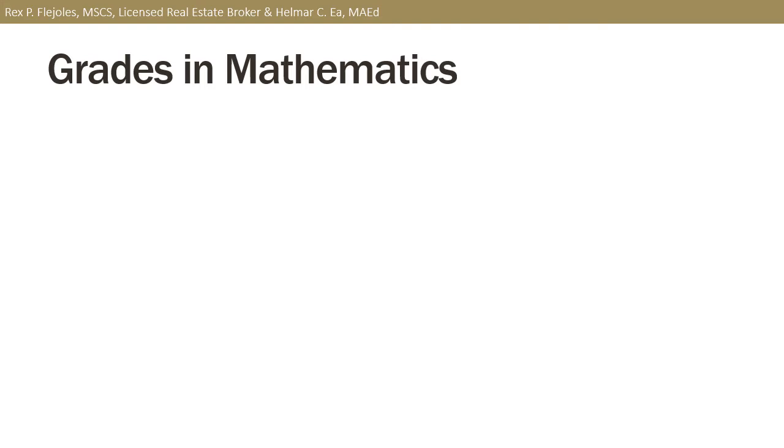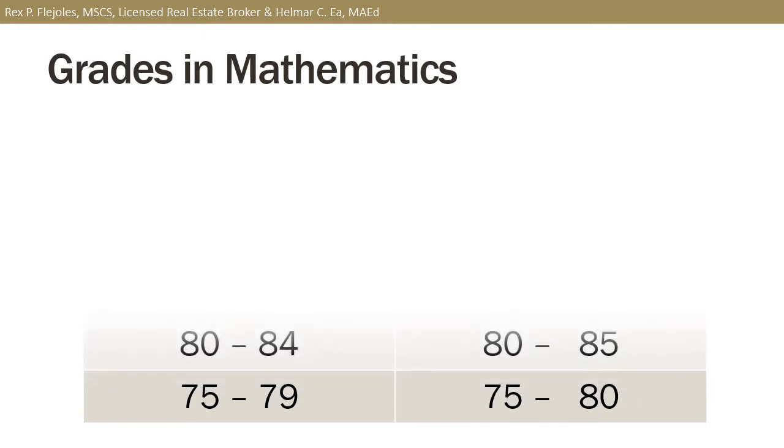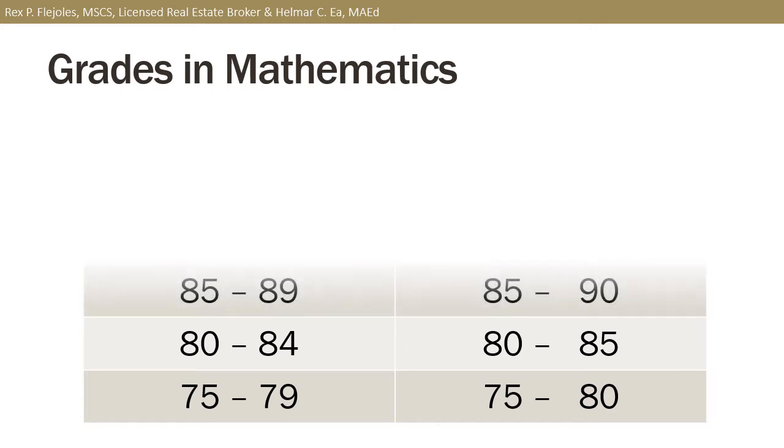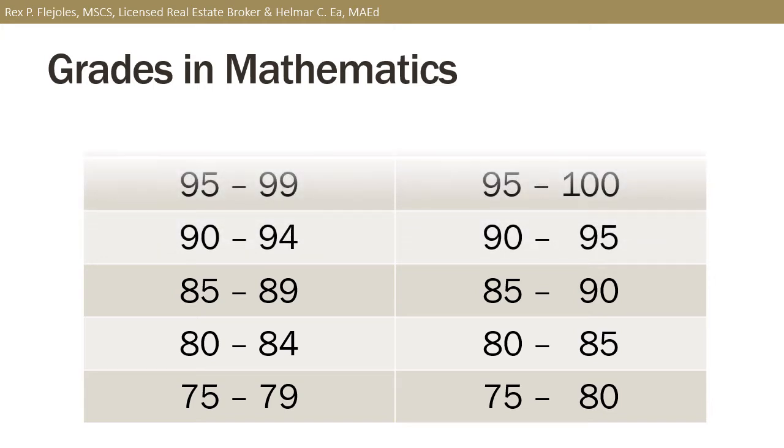Step 3. Set the individual class limits. Since our lowest value is 75 and seems to be a convenient number, then we will start with it. If the lowest value seems inconvenient, we could start with a lower value which is more convenient. For this step, we could have 75 to 79, 80 to 84, 85 to 89, 90 to 94, and 95